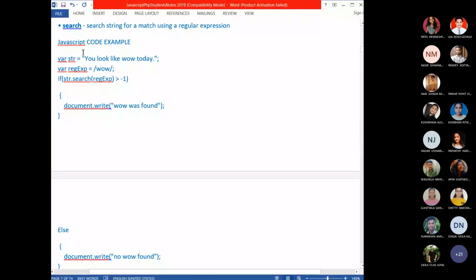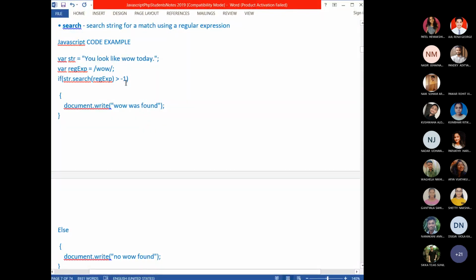So that is search. Now to see this example, I have assigned one string variable, and then I have created the regular expression object. Then I check if str.search of the regular expression is greater than -1. Greater than -1 means it finds some match.